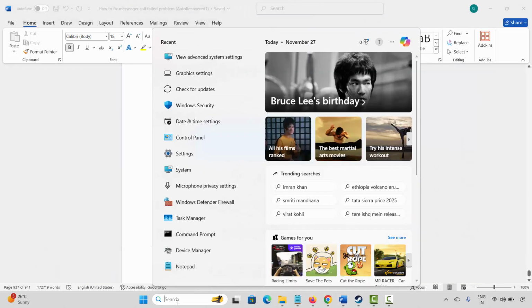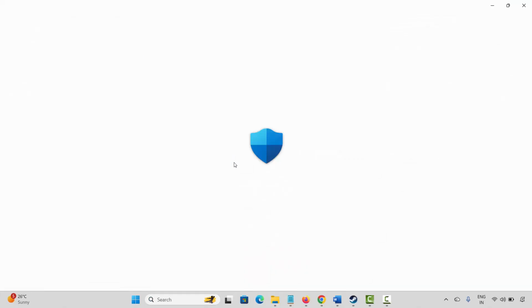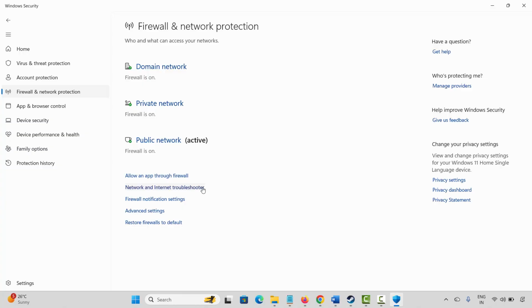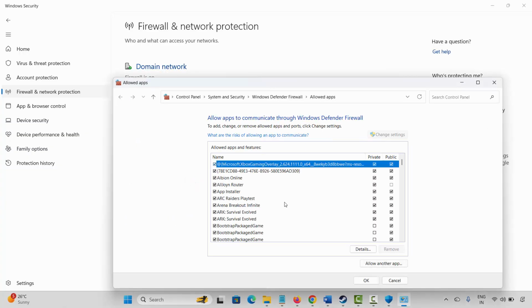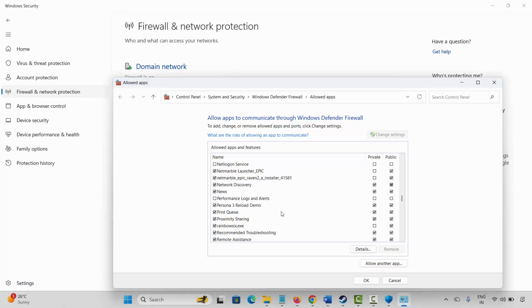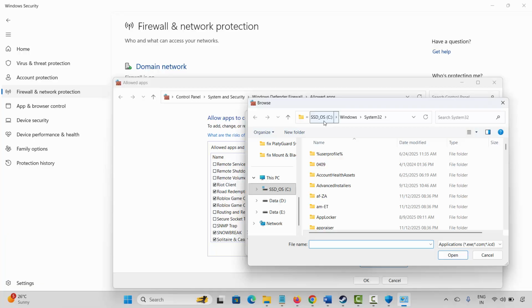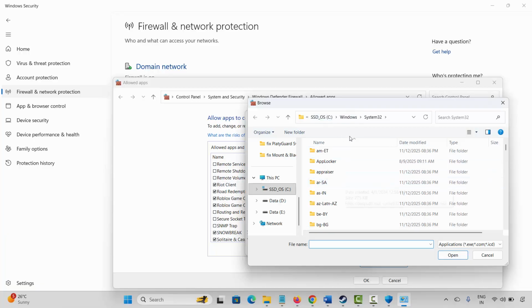Next solution is to allow the game through firewall. For that, go to the Windows search. Now search for Windows security. Here you have to click on firewall and network protection. Now click on allow an app through firewall. Now click on change settings. After that, here you have to search for the game. If you cannot find it or if it is not listed, you have to click on allow another app, click on browse. Now go to the game folder where your game has been installed